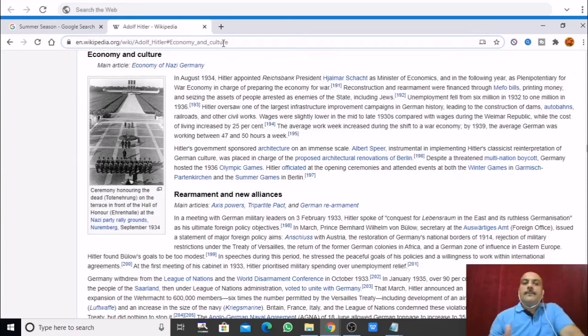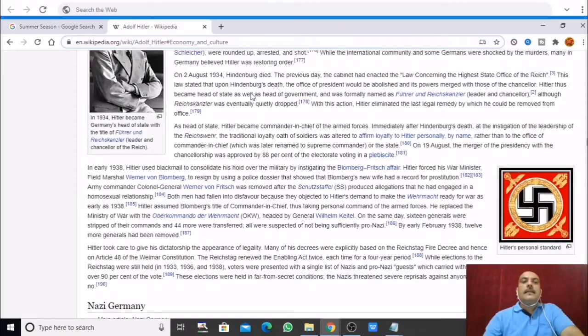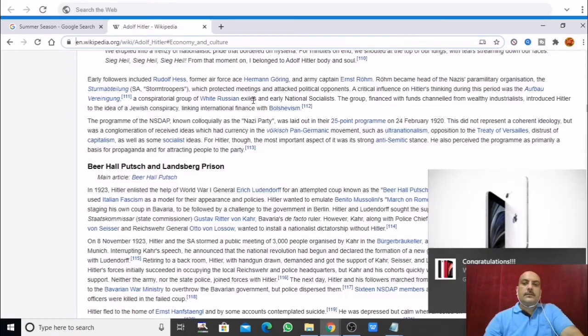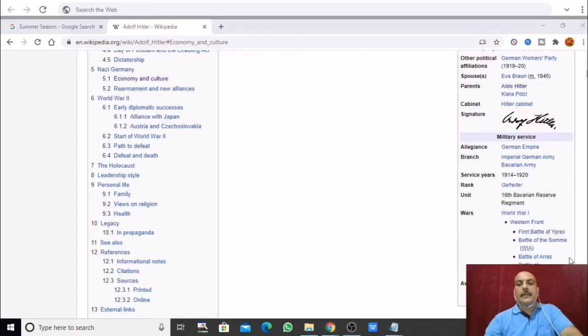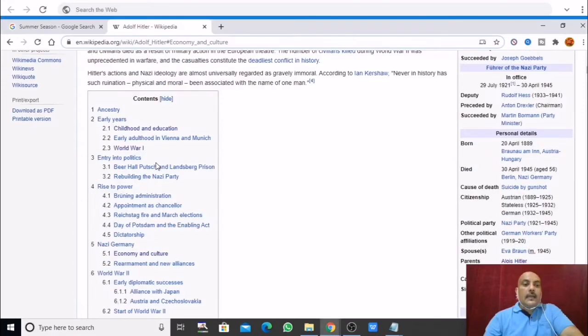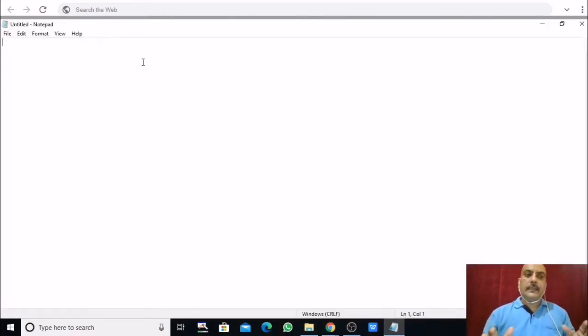So an internal link is when we click on a word or image or any component in the same page and it takes us to some other section. So there are two types of link, internal and external, and all these in Wikipedia are part of internal linking, not external linking.